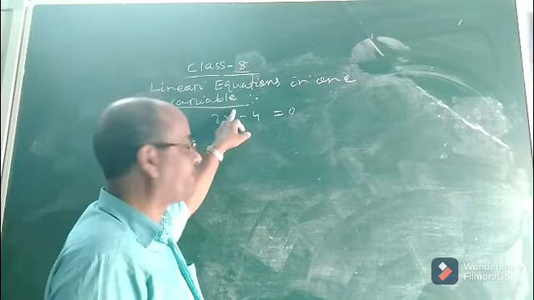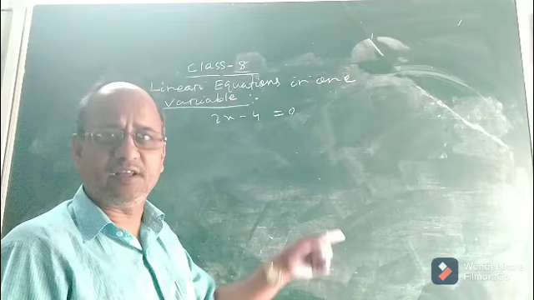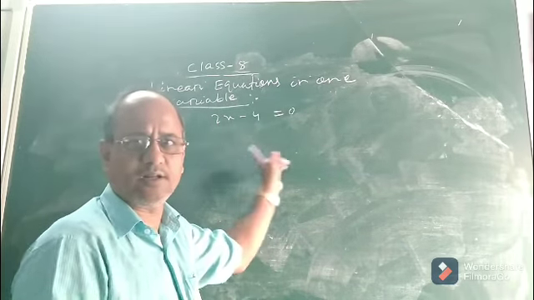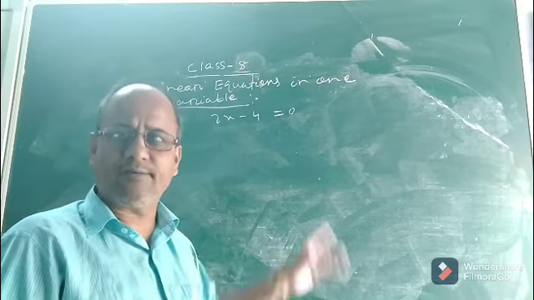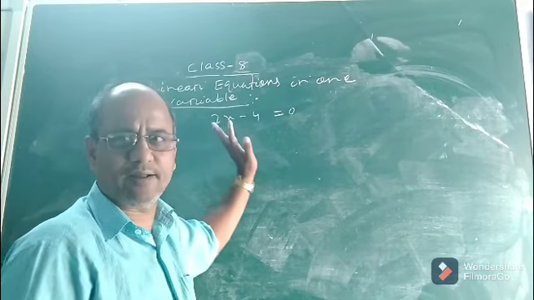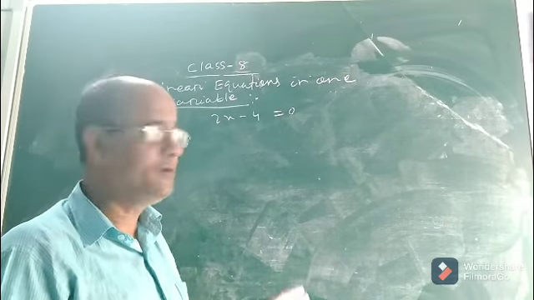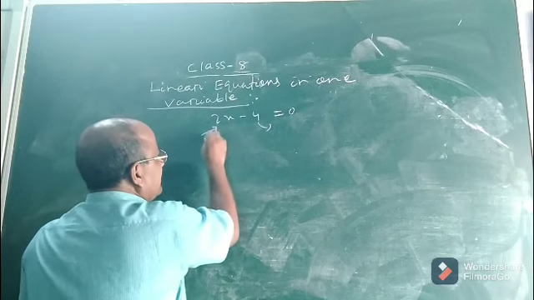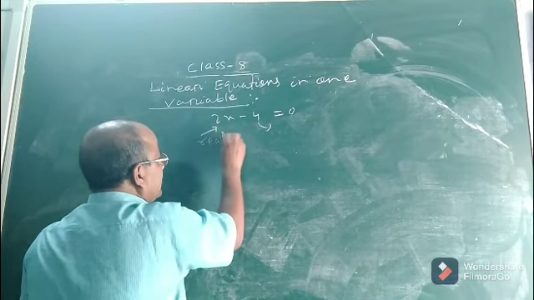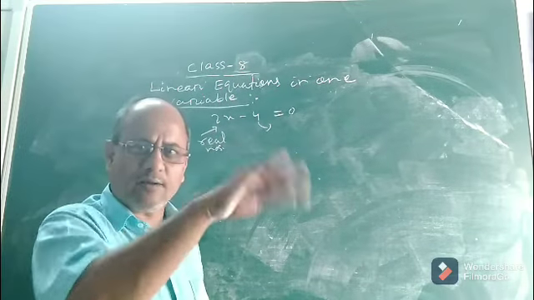So if the power of the variable in an equation is 1, we call it a linear equation. So this is a linear equation in one variable, that is x. You can take any variable in place of x: y, z, t, a, b, c, whatever. Now here look at 2 and 4. What are they? These are real numbers or real constants, you can say. A rational number, natural number, anything. All come under real numbers.